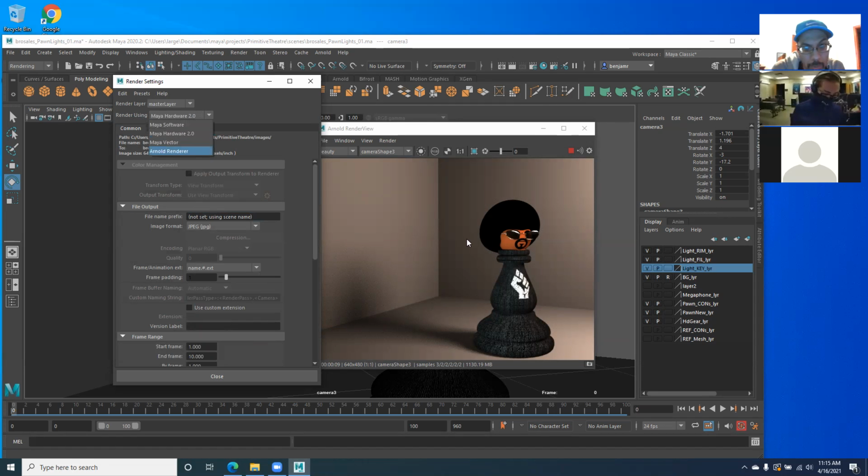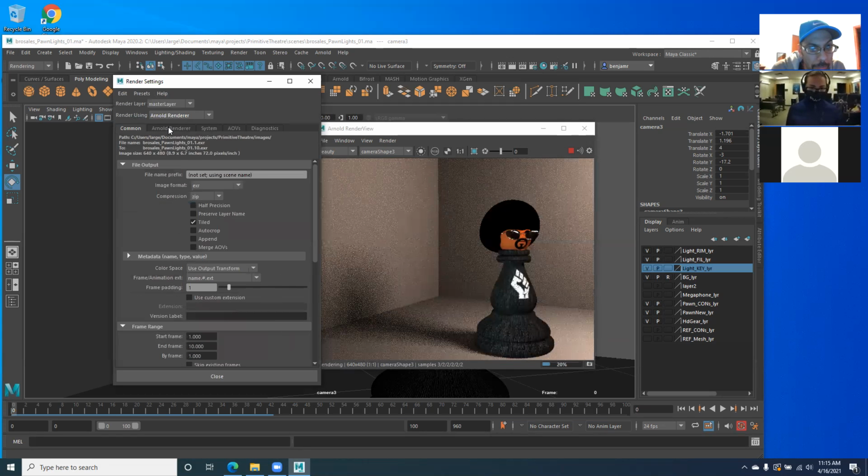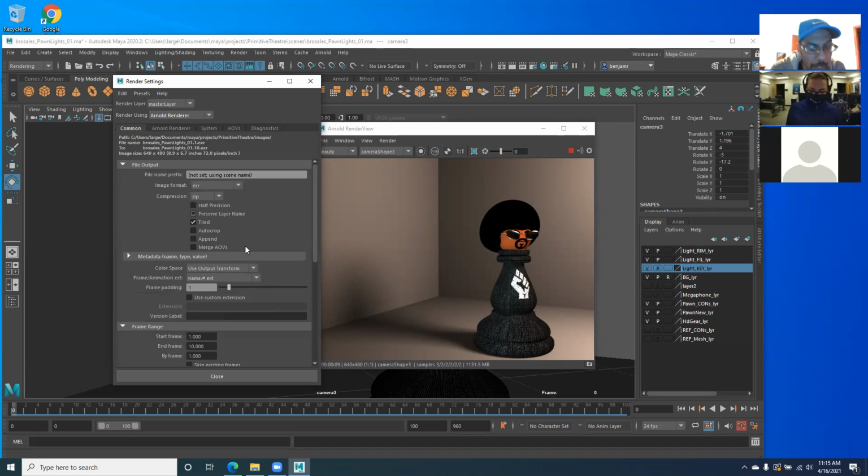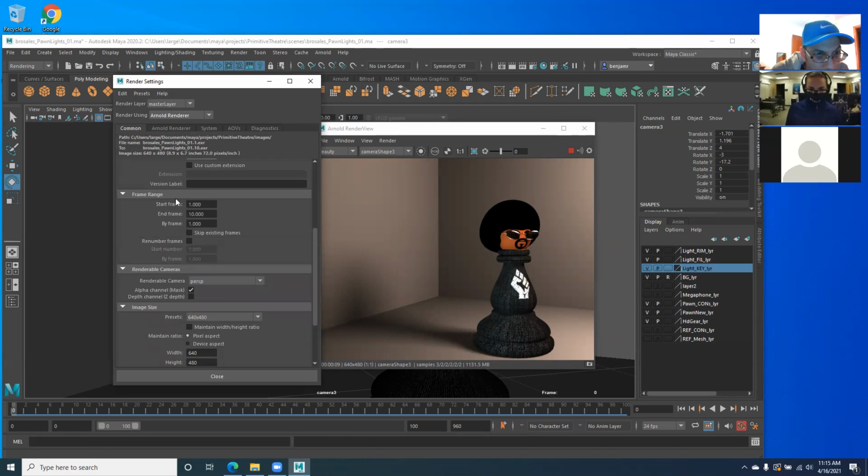And then let's see, I'm going to go to the Arnold renderer because we're using the area lights, and there shouldn't be too many settings to change, because if it looks pretty good in your render here, it should look good in the actual rendering. The other thing to change is the frame range. You guys aren't going to start at 0, but just for the quick example, I'm going to start at 0